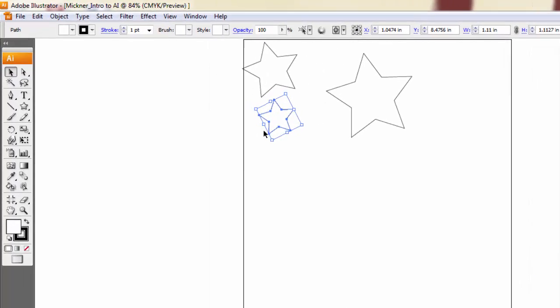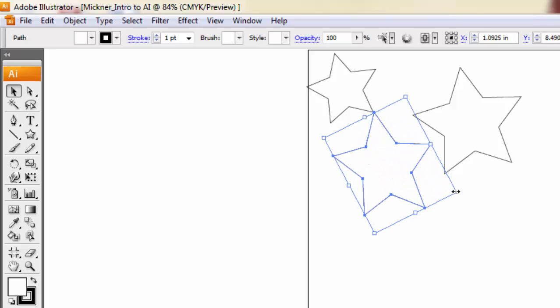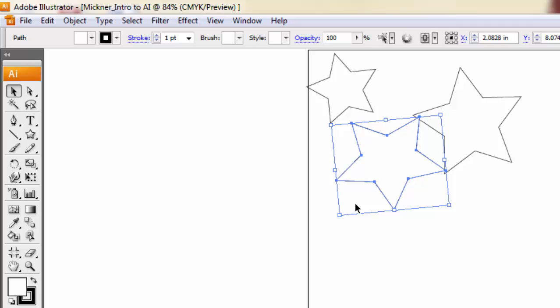Also, you will notice that a bounding box goes around the shape, and with that bounding box you can choose to mirror or reflect the shape. You can choose to grab the corner and resize it again. You can also hover your cursor outside of the corner to find a curved arrow, and then you can re-rotate that shape. Once you're happy where it is,